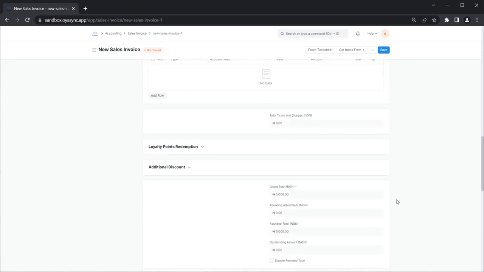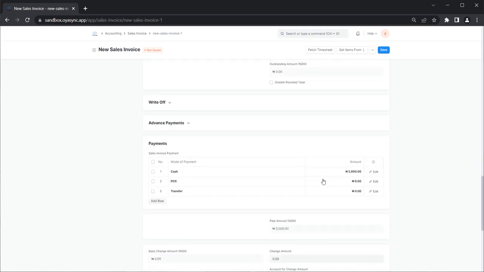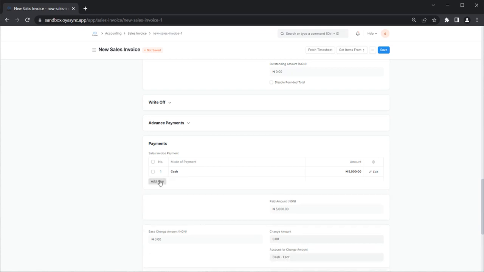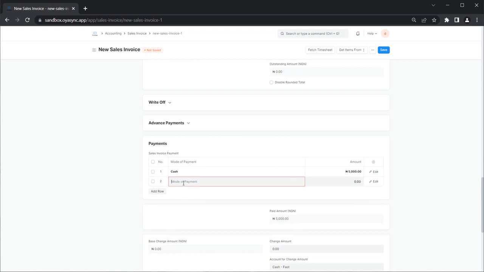All right, and I'm going to say how I'm making this payment. I can see I can pay via cash, POS, or transfer. So I can split all of this, or I can just select one. So I'm going to say I'm making this payment via just cash, so 5,000 naira via cash. And since I'm not paying anything with POS or transfer, I can always delete this too. Or if I want to add another mode of payment, probably the GTB mode of payment, the transfer to GTB that I created in the previous video,